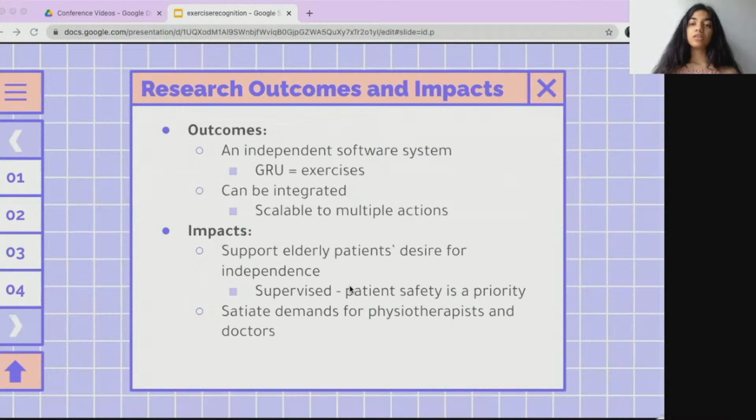The outcomes of research were that we were able to implement an independent software system that recognizes exercises and the accuracy at which these exercises are predicted. It can be integrated with the UOA Cares health bots or outsourced to work with other hardware. Scalability was also tested and confirmed for the system, allowing more actions to be added at a later stage. This was verified by the transfer learning of medicine actions into the system. The impacts of our research were that we were able to support elderly patients and the desire for independence. We're promoting supervised